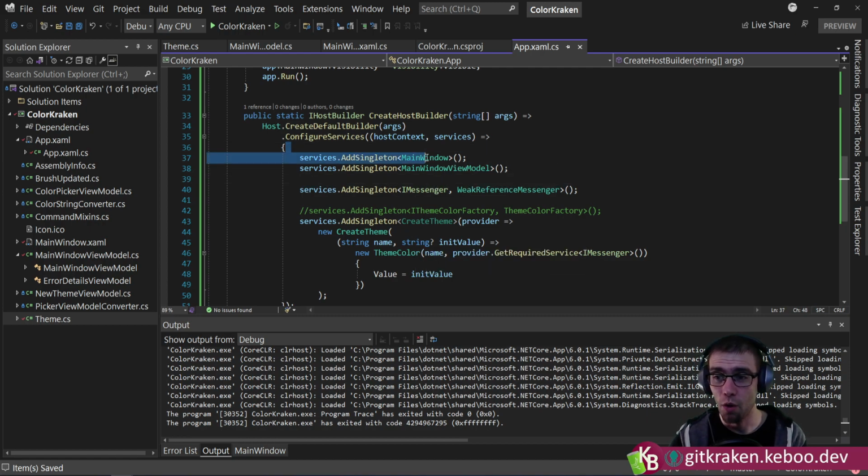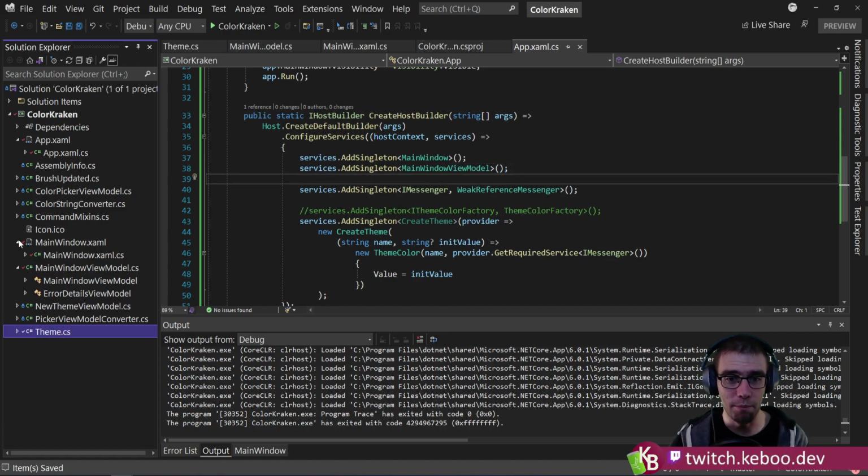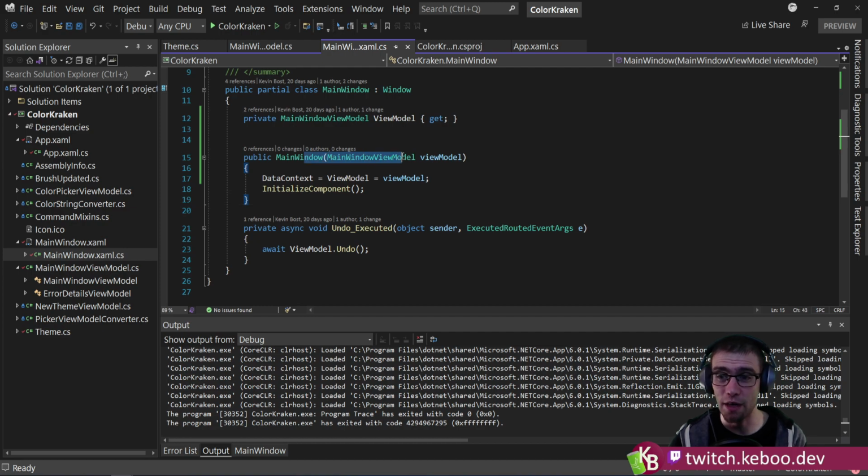So for example, we don't have to hide things behind interfaces for the DI container to work. So main window is an example of that. There's no interface going in. It's a concrete class. As long as the DI container knows how to create the thing, you're good. It is worth noting too,